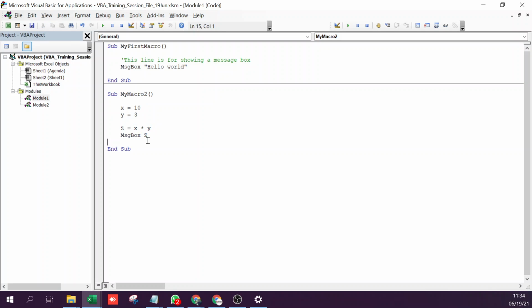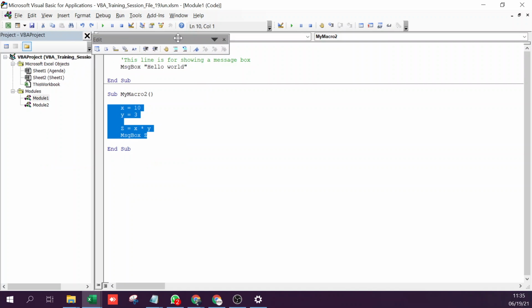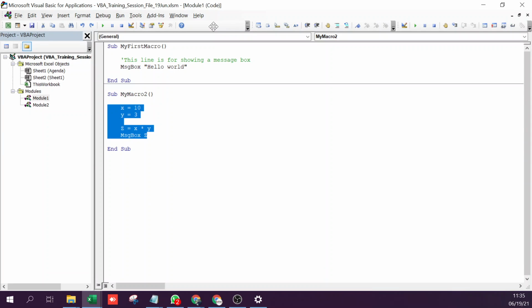But there is a way to automatically comment lines. So if I have to, let's say, comment all of these together, I don't have to write an apostrophe on every line. There is a shortcut to do that. I can select my entire area, and here there's an option of, so I can't see that toolbar, maybe it's not here. So view, toolbars, edit. This is the toolbar. Yeah.